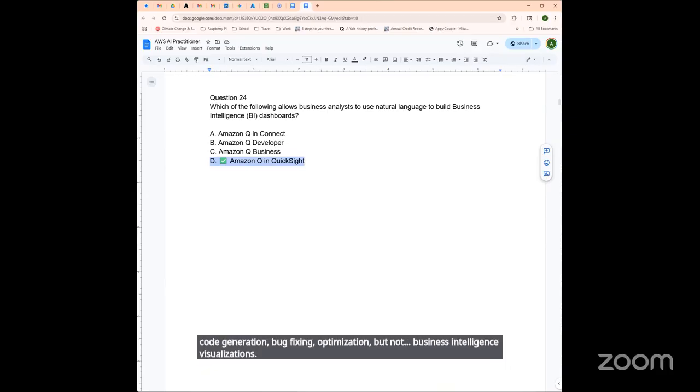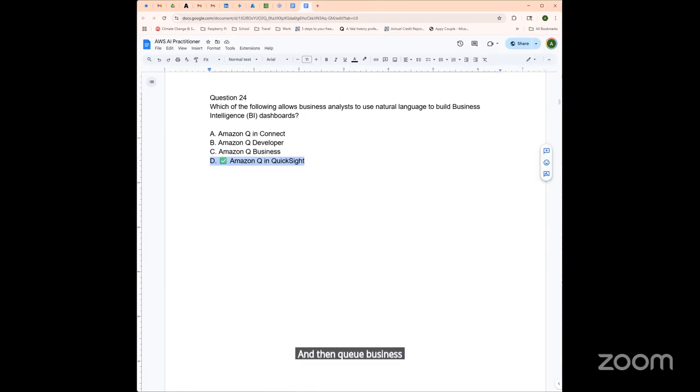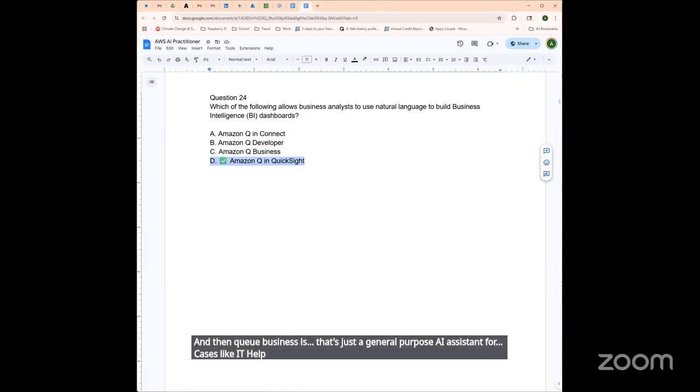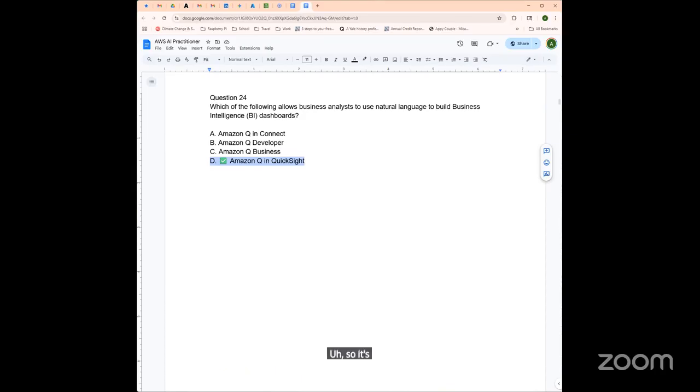I think Q Business is just a general purpose AI assistant for cases like IT help desk, HR, internal search, right? So it doesn't build BI dashboards, but it can provide chat-like questions in enterprises. So it's in the toolbox of a business solution, but it's not really for that.